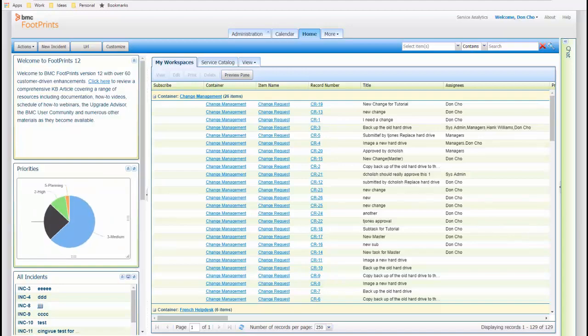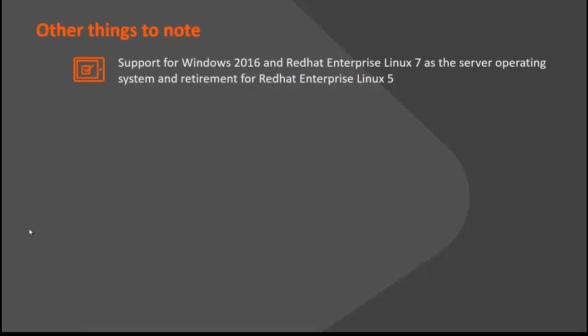It may or may not help depending on what you're doing. So finally, some other things to note. We've added additional platform support. So there's official support for Windows 2016 and Red Hat Enterprise Linux 7. And along with that, the retirement of support for Red Hat Enterprise Linux 5, which I'm sure it'll probably still